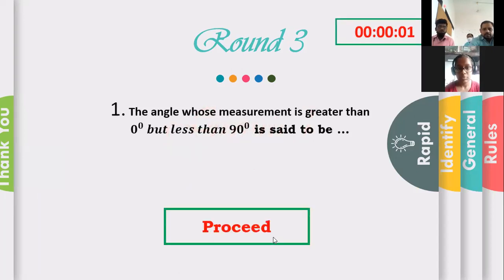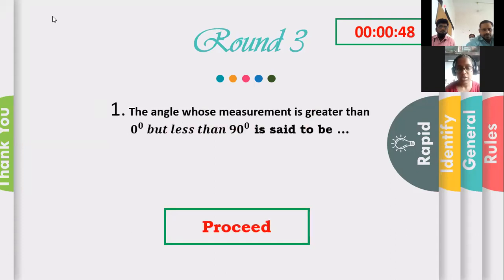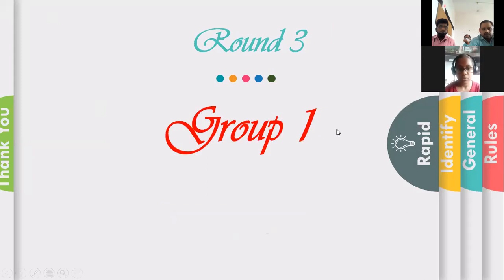Vipul sir, sorry to interrupt. Instead of passing, let them say skip. That will be better. Okay. If they don't know the answer, they will say skip, so you can immediately ask the next question. Okay, ma'am. Just a minute. Sir, just a minute. I will start again. Yes, sir. Okay.